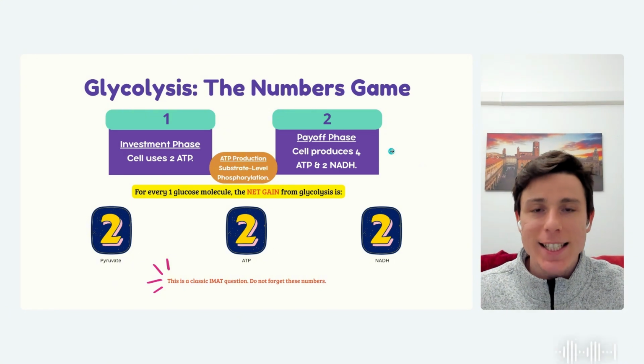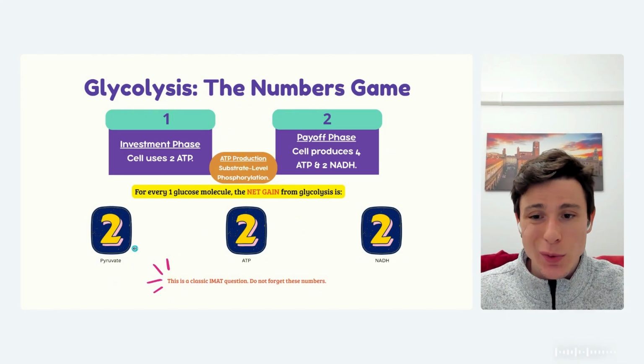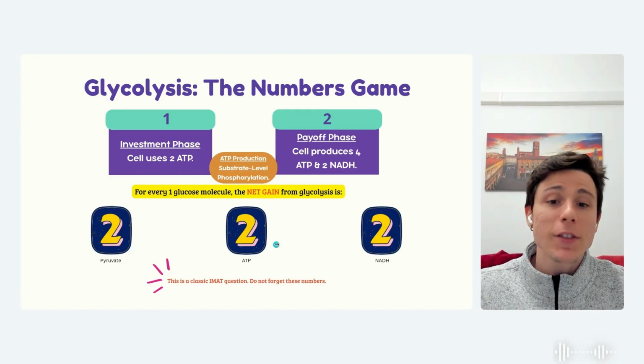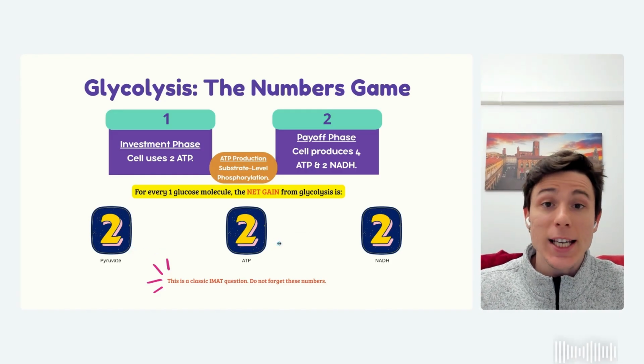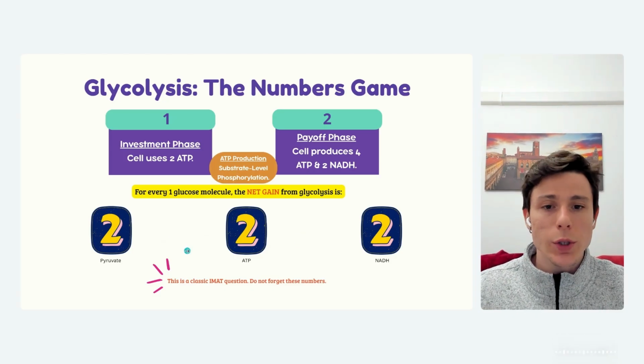And this slide here just synthesizes what we just talked about, and it's usually common to bring the results of glycolysis this way. We're going to have the formation of 2 pyruvates. We're going to have the net gain of ATPs being the number 2, and we're going to produce 2 NADH. Always 2, 2, 2. With this in mind, you're good to go.